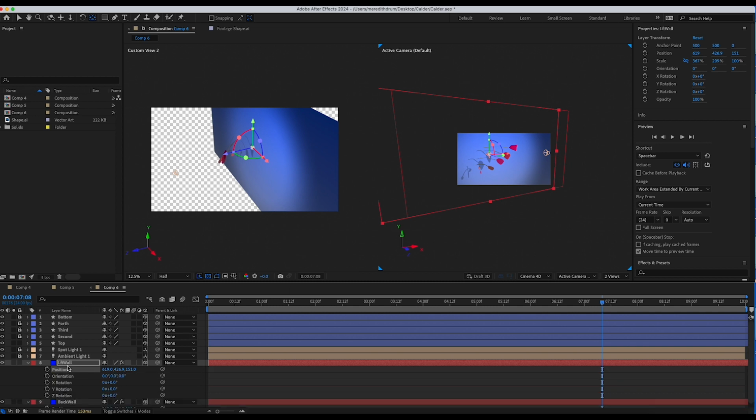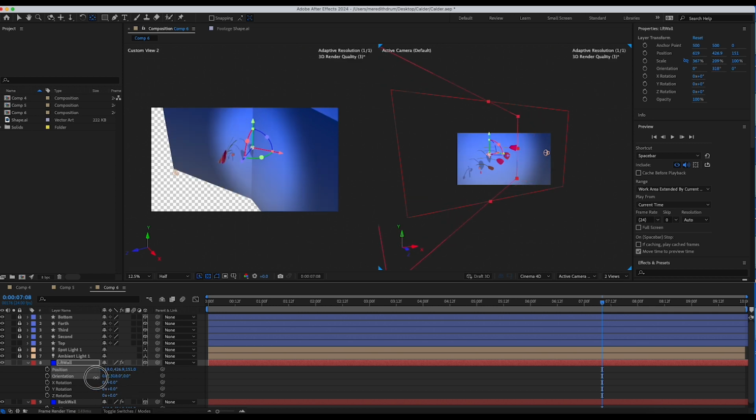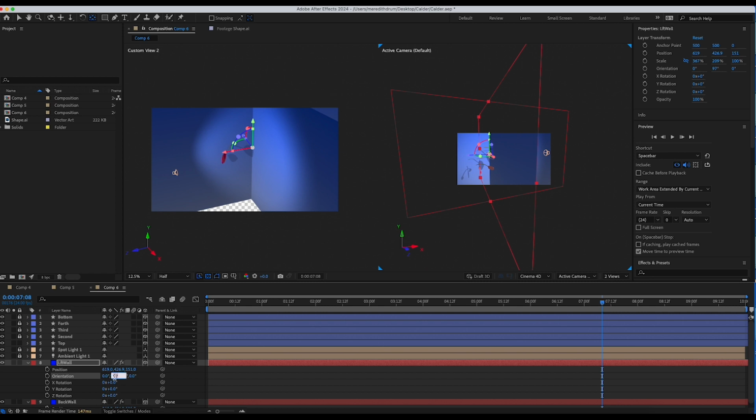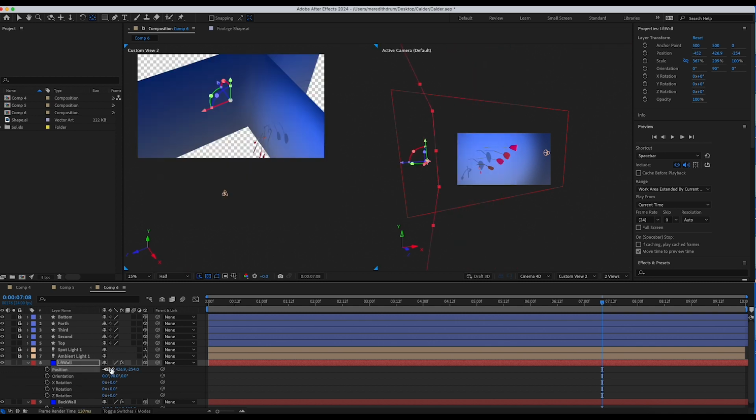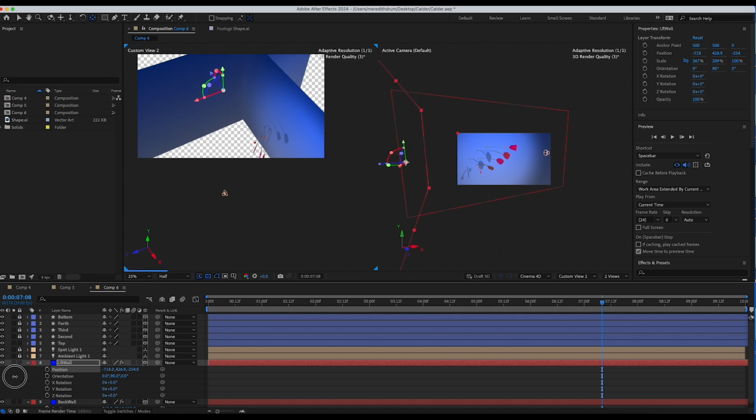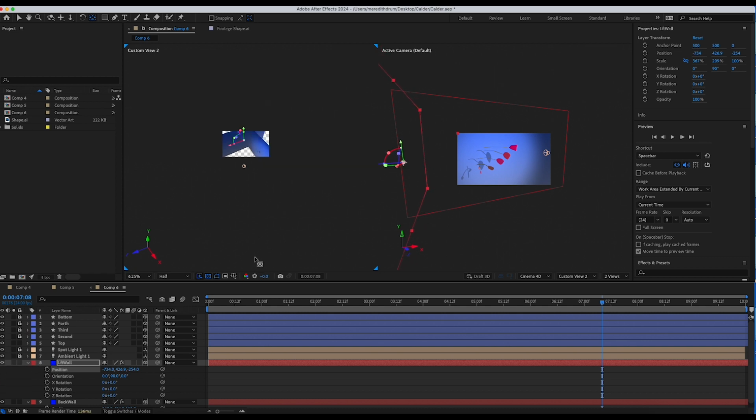I'm going to press Shift R so I can see rotation too. Oops, that's not the right way. Would that be 90? Yeah, that needs to be 90. And now we need to move it back so it creates kind of a wall back there. Okay, so you could create kind of a room that way if you wish.